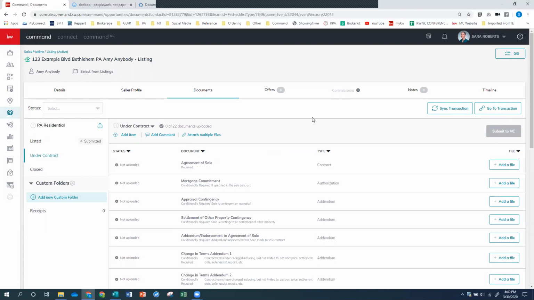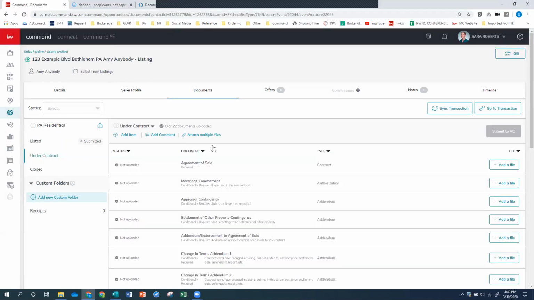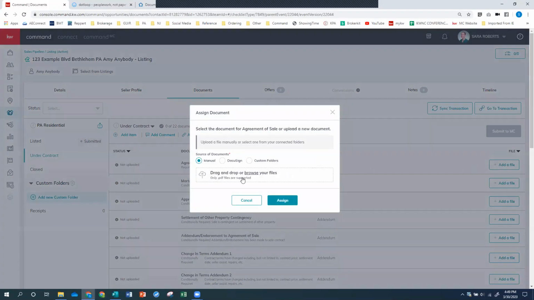And because I'm not an agent and I don't have access to the forms the same way that the agents do, I did have to upload PDFs into my DocuSign room so that I can demonstrate for you. But pulling them in will work the same way as it does for you. So when I go to my placeholders and I want to pull documents from DocuSign, again, if I want to do a single one, I would choose the add a file